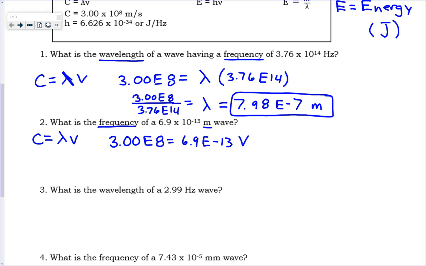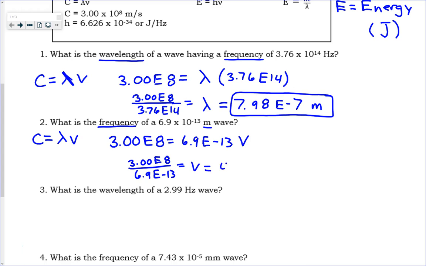To solve for nu, we're going to divide both sides by 6.9 times 10 to the negative 13th. So we end up with 3.00 E8 over 6.9 times 10 to the negative 13th equals nu. And when we go through and we do that calculation, we find that nu equals